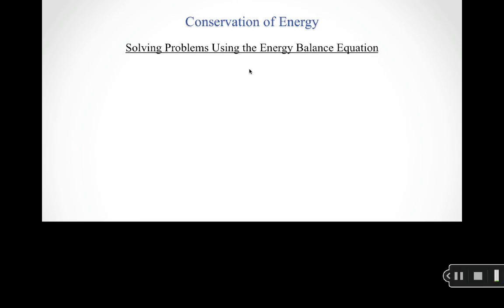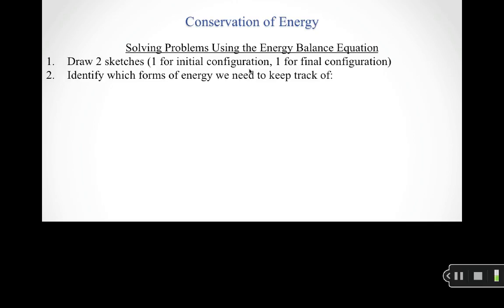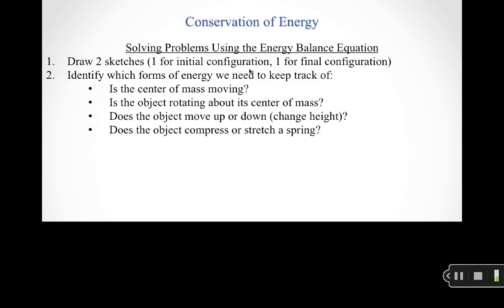All right, so the strategy that we're going to use in terms of solving problems with our energy balance equation. This is typically what we're going to think of as solving our conservation of energy problems. We're going to start by drawing two sketches: the initial configuration and the final configuration. We're going to identify which forms of energy we need to keep track of. So is the center of mass moving? If the answer is yes, then we'll keep track of